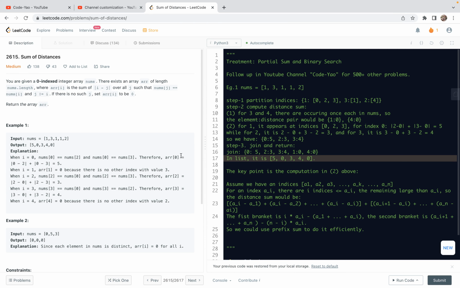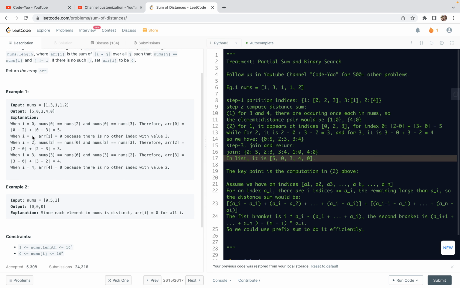Let's have a look at problem 2615, a newly appeared problem, the sum of distances. In this video, we're going to explain a solution based on the treatment, partial sum and binary search. So this problem is marked medium, so actually it's very straightforward if you realize the main point. First, I'll read through the problem statement, and then we digest with the examples. And then we explain the algorithm, and finally we explain the code one by one,